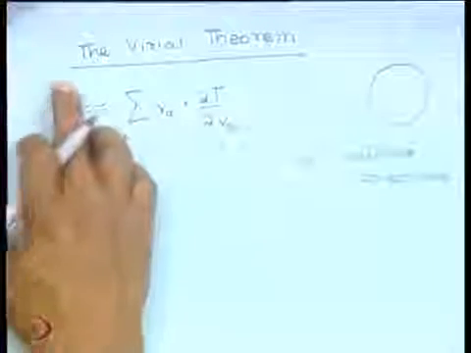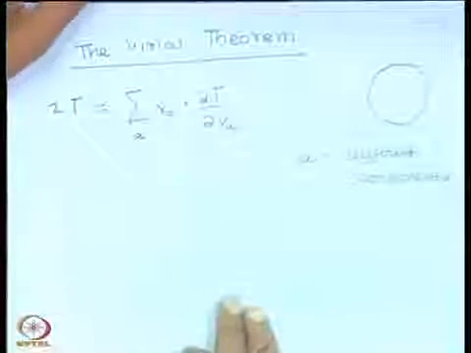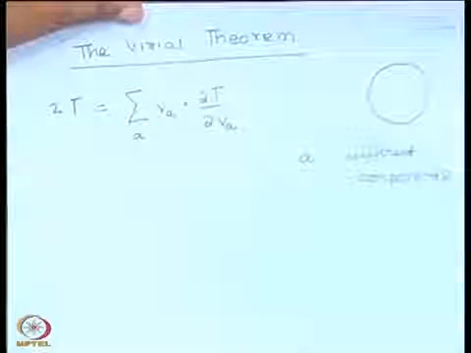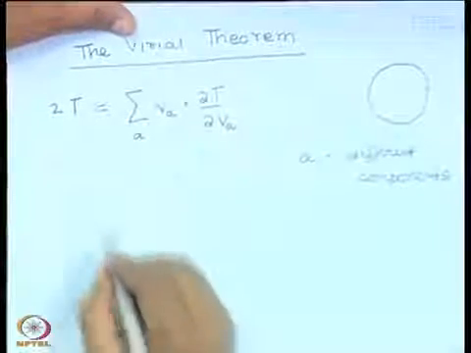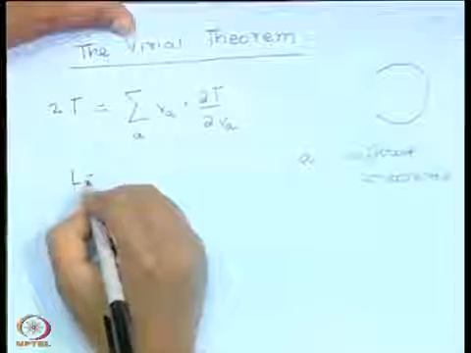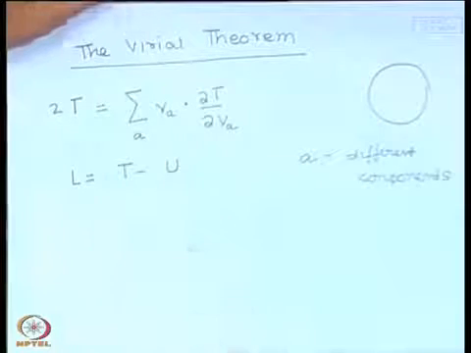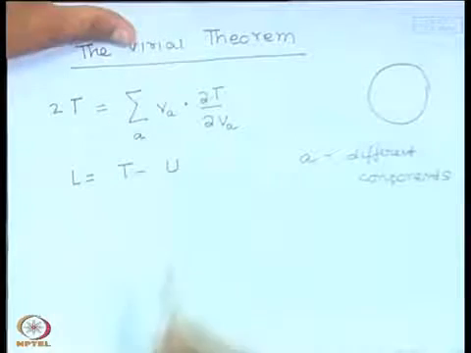You will recover back twice the kinetic energy. Okay. And the Lagrangian is T minus u, where u just depends on the coordinates. So, we can write this